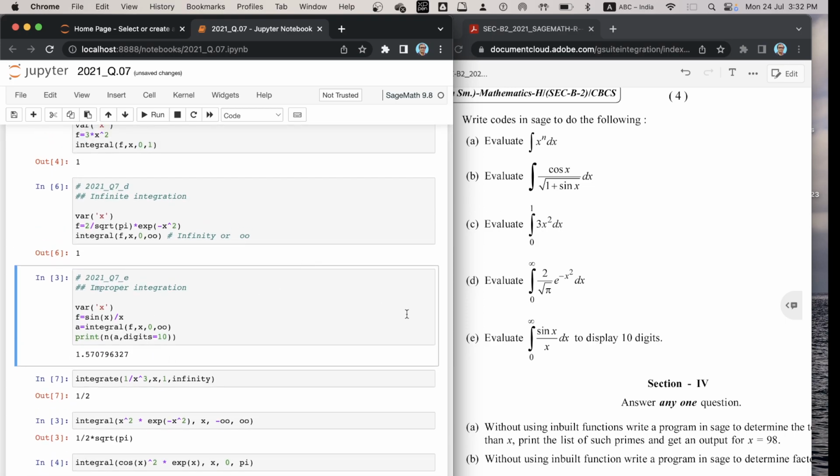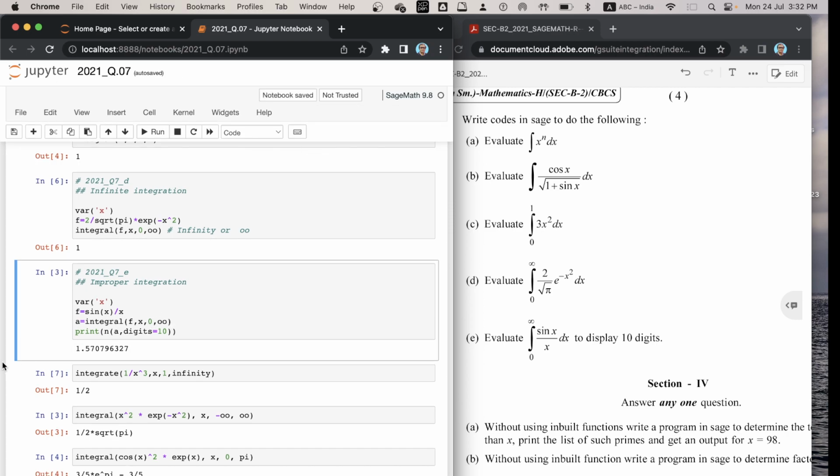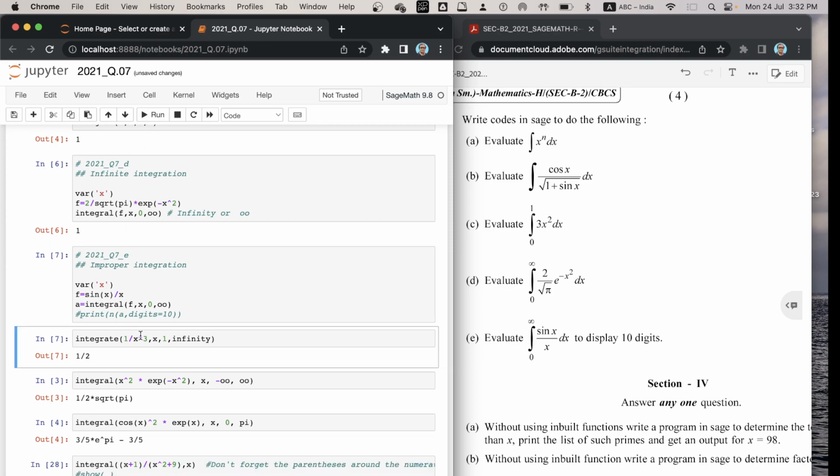And the last question, 7e, integration from 0 to infinity of sin x by x dx. This is an improper integral because here 0 is undefined, 1 by 0. So for improper integration, the variable is x and f is the function sin x by x, and integral f with respect to x comma 0 comma infinity, and print the numerical value of a up to d equal to 10. So you can get this. If you omit this print and run this program in Sage,